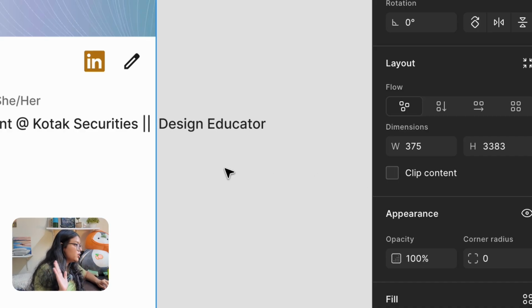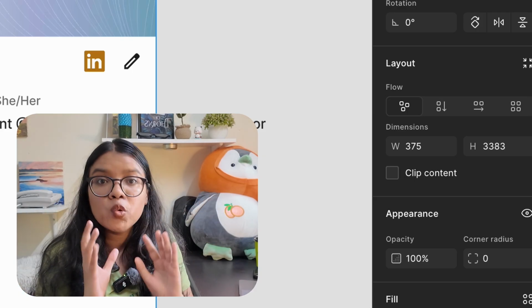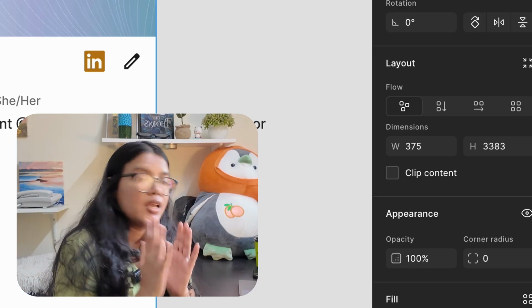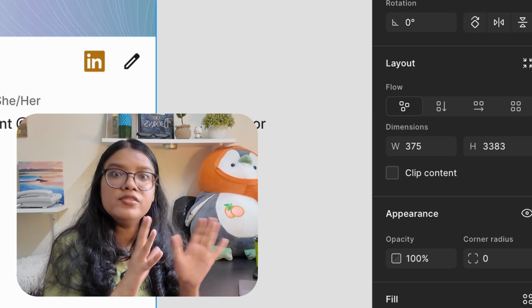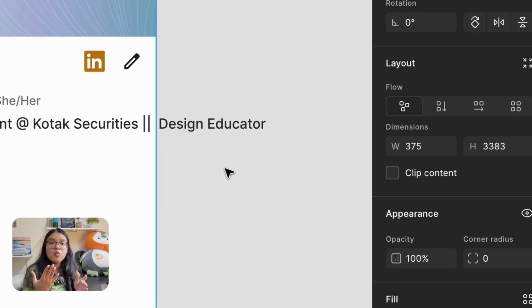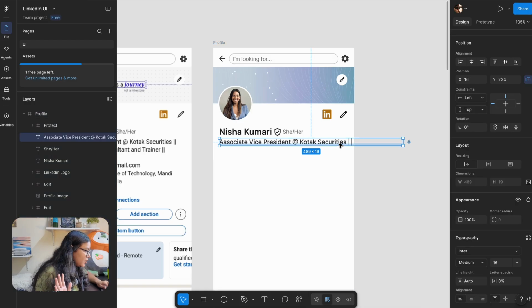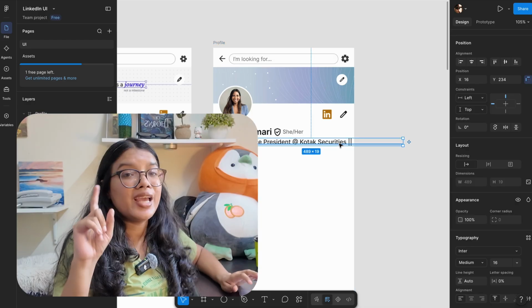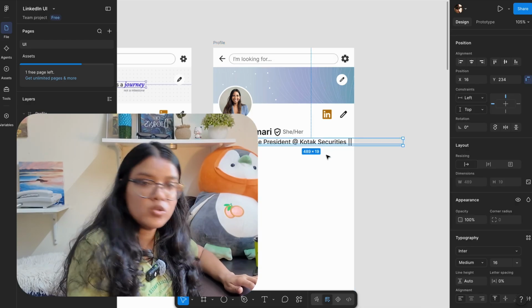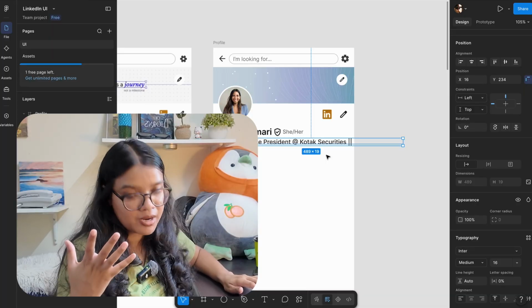When I turn it off, whatever is going outside the frame is visible when clip content is turned off. But the moment you turn it on, whatever goes beyond the frame is not visible. That is the only thing that is happening with clip content. But I need to see it. Plus it has to go down. You can click enter, meaning you can press enter and take it down. That's not, by the way, the smart way to do it.